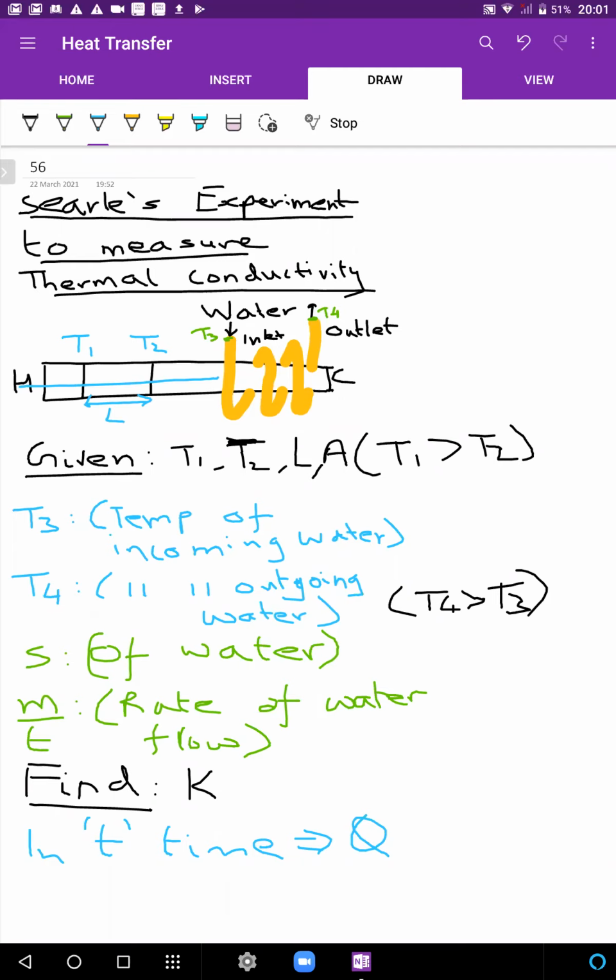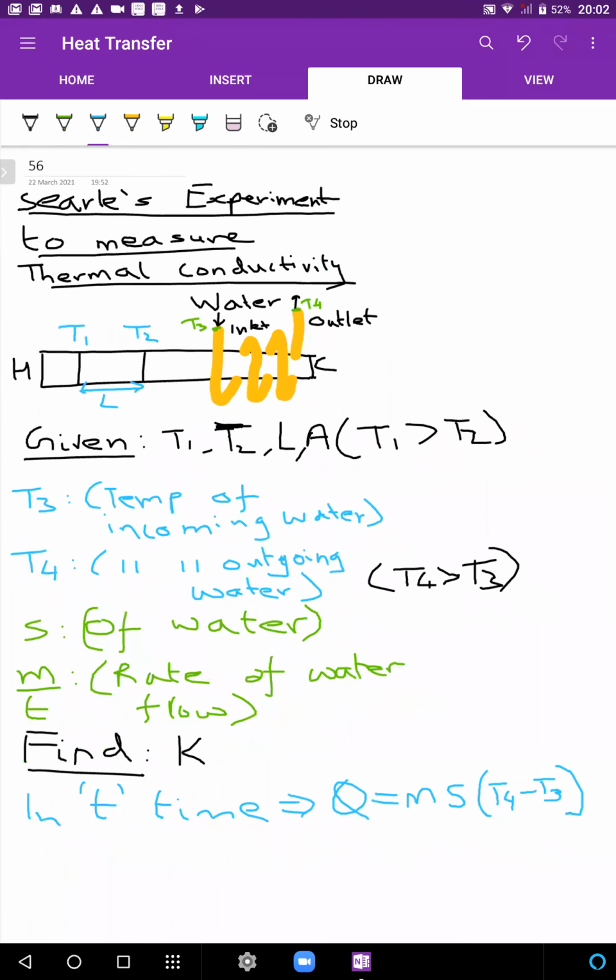Whatever heat is being transferred, that much heat the water is taking, right? How much heat is the water taking, how much mass is coming? M amount of water is coming in T time. So m amount of water takes heat ms times the final temperature of water minus the initial temperature of water. Simple stuff. Okay. From here we also get Q by T. So in T time, heat flowing per unit time is mass of water coming in per unit time into S into T4 minus T3. But heat flowing per unit time is also